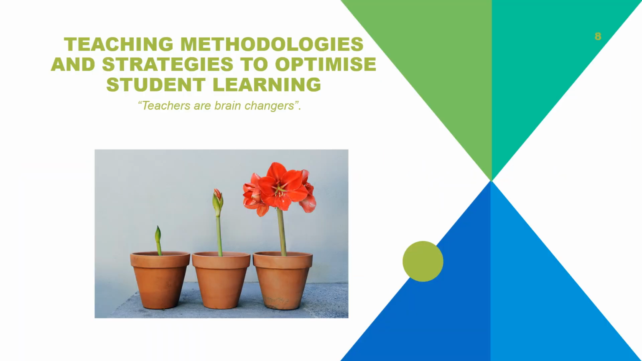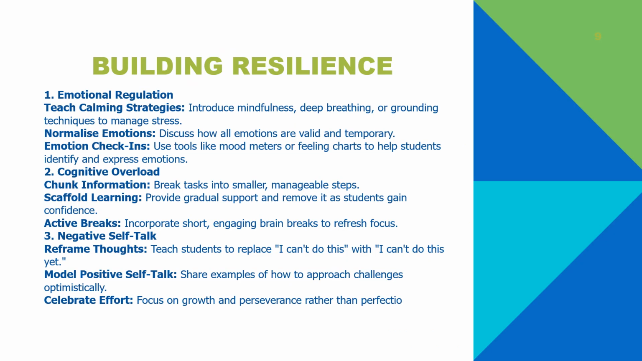A bit of an introduction on how the brain learns and different categories of intellect. Let's look at some teaching methodologies and strategies to optimize students' learning. Remember, teachers are brain changers. On previous slides, emotional regulation and cognitive overload management is super important for learning. So here are some strategies to help implement to build resilience in students and support this process, such as for